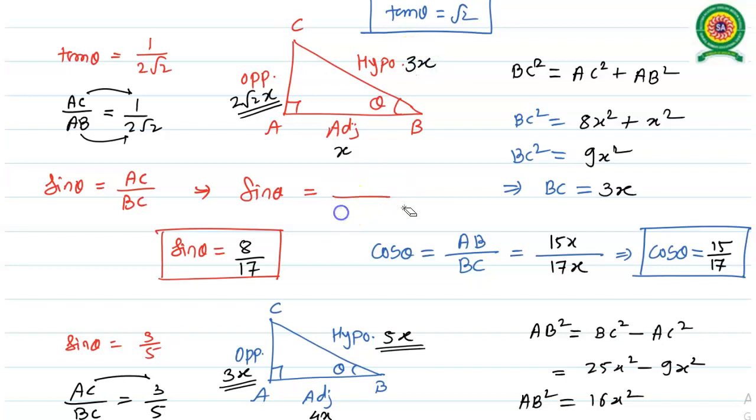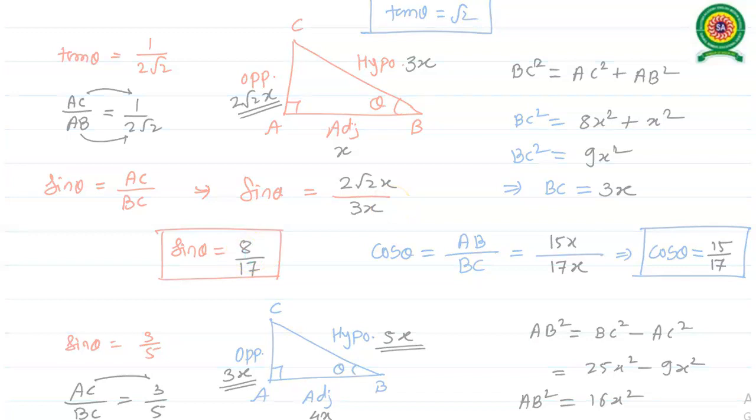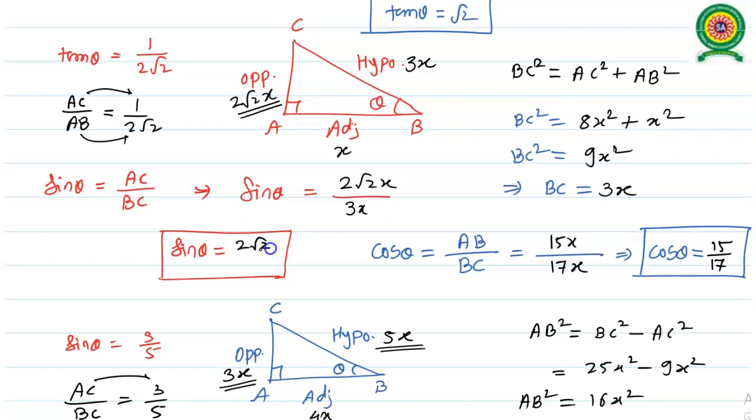So the sine of theta is equal to opposite side upon hypotenuse. Opposite side is AC, so AC value is 2 root 2x, and hypotenuse we have BC, that is 3x. X getting cancelled, so the value of sine of theta we are getting here is 2 times root of 2 divided